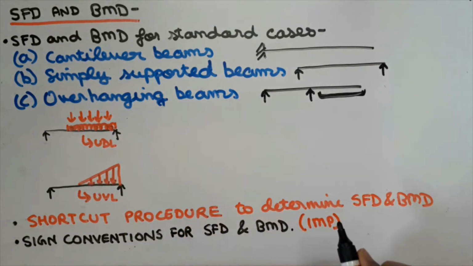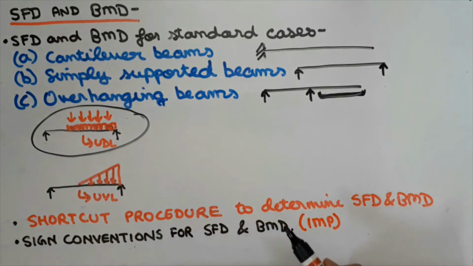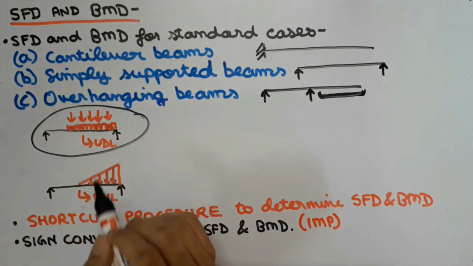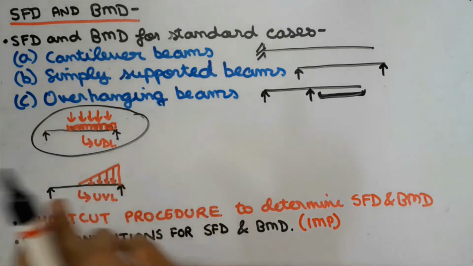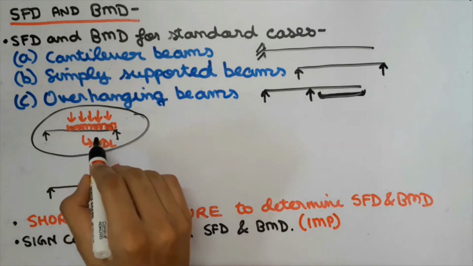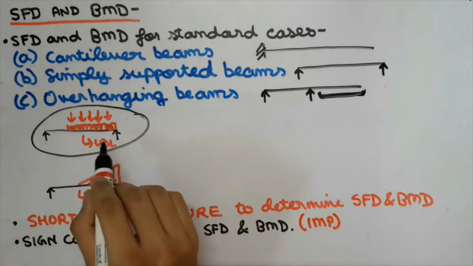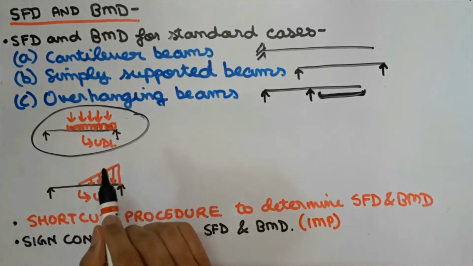Now similarly, we are going to do questions which will involve UDL, that is uniformly distributed load. Now guys, this is very important as you will find this in every question. Now we will understand what is UDL. Suppose that a load is distributed evenly on a beam. That is, the force on every part of this beam in which the load is will be equal. At all points of this beam in which the load is distributed, you will find equal amount of